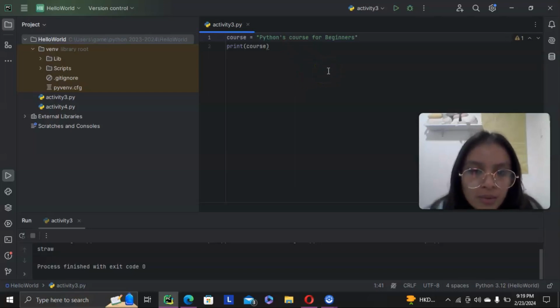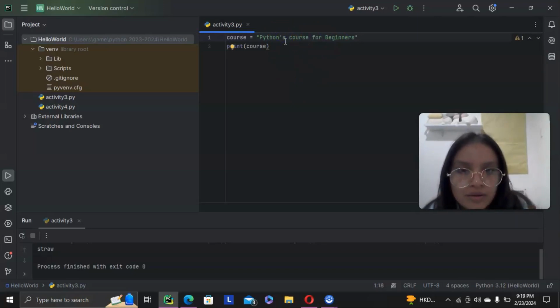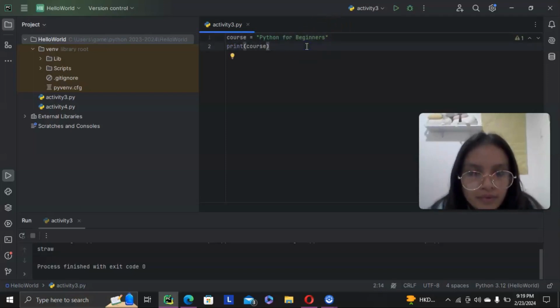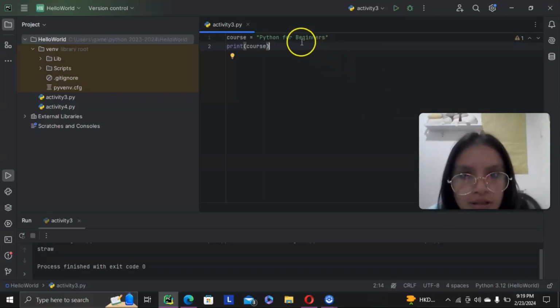Now let's say we don't want this apostrophe here. We have Python for beginners here, but we want to put beginners in double quotes. Once again, if you add a double quote here,